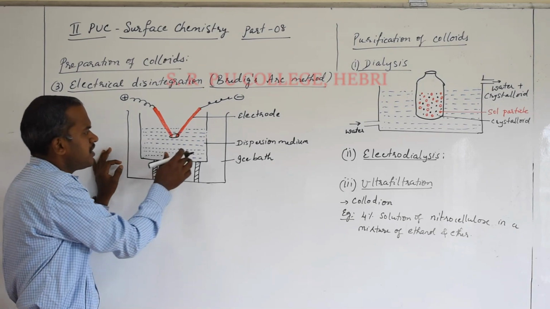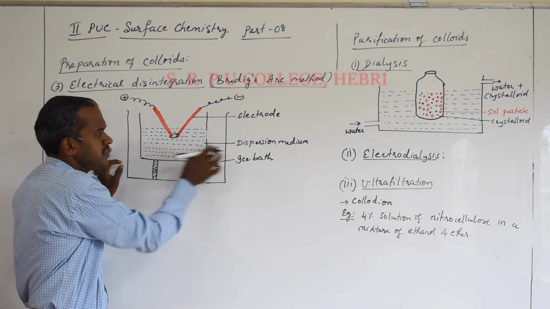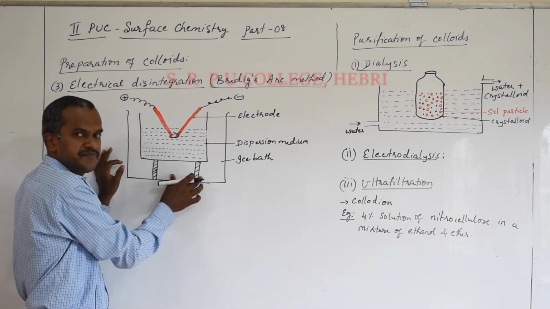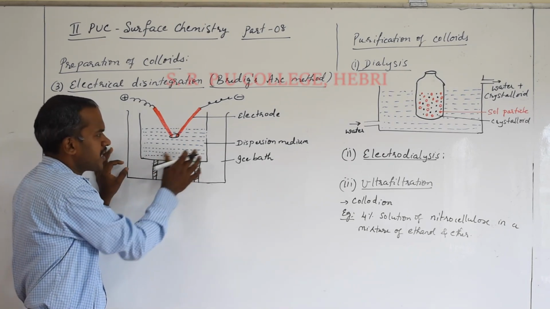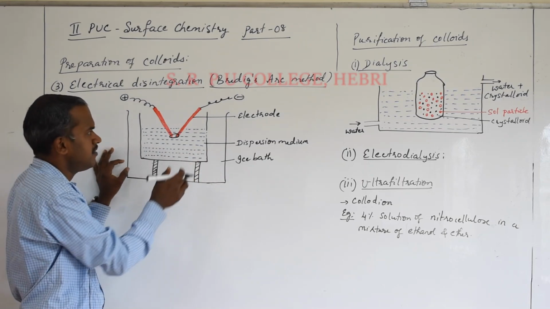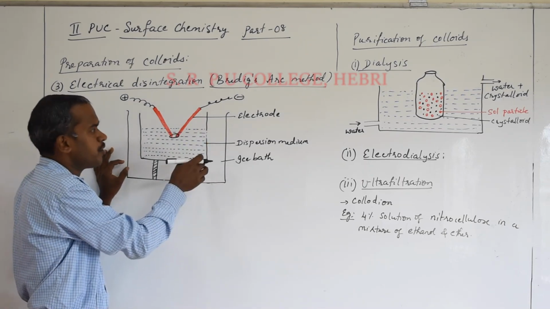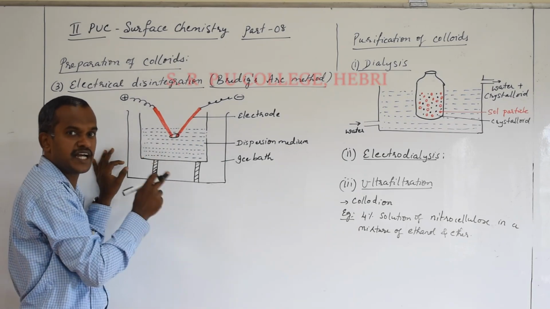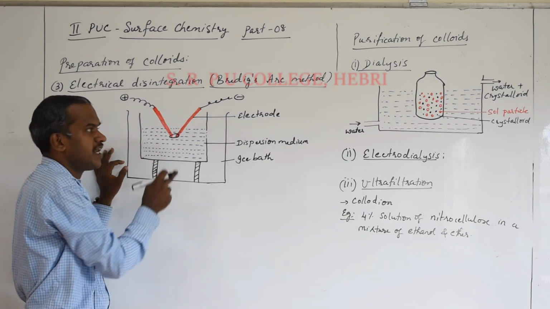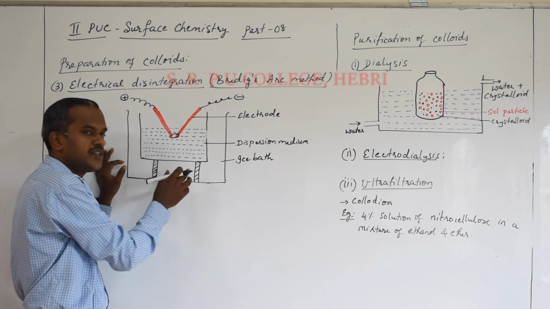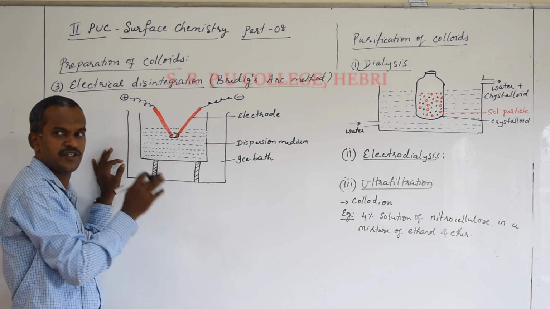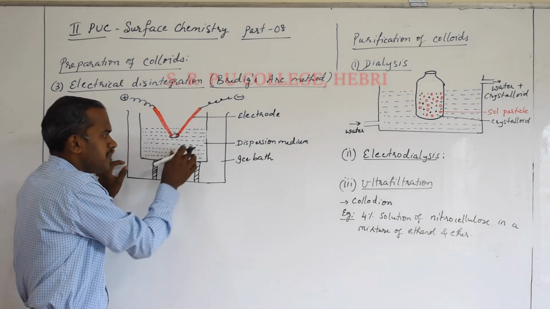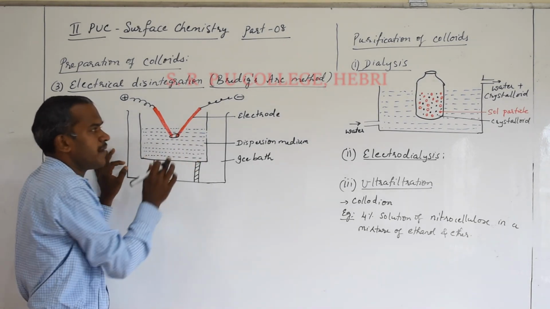Okay. Now consider, here we will take water, which is the dispersion medium, and it is kept in an ice bath. How you draw the diagram, the same way you can explain what is happening there. And one more important thing you have to understand, this method is generally used for preparation of metallic sols. I told you in the last class, you remember, sols are the colloids in which solids are distributed in the liquid medium. So the continuous medium is a liquid in which the solid particles are present.